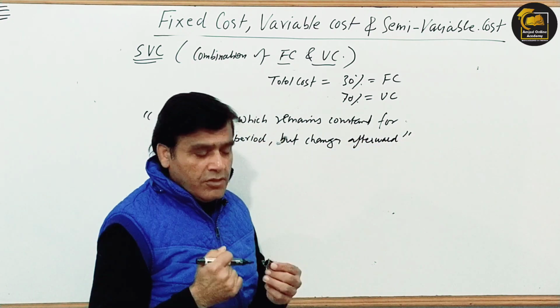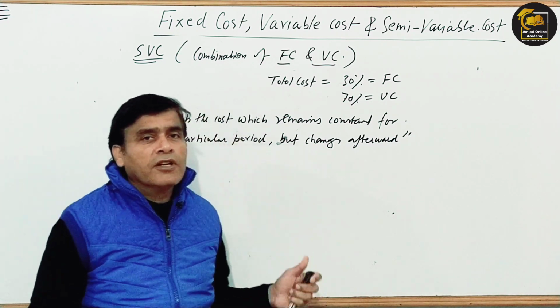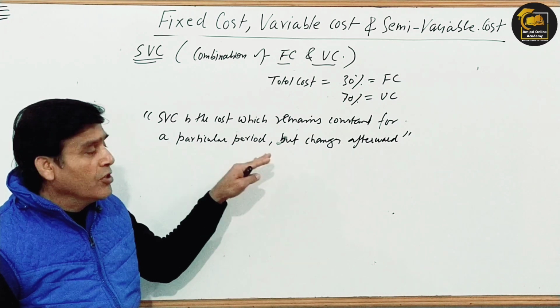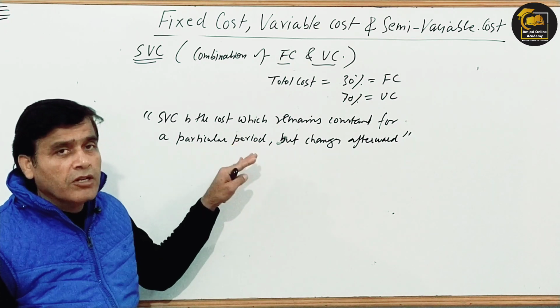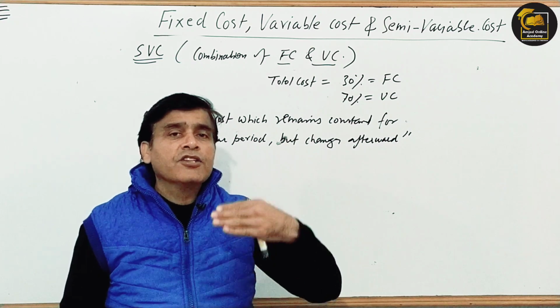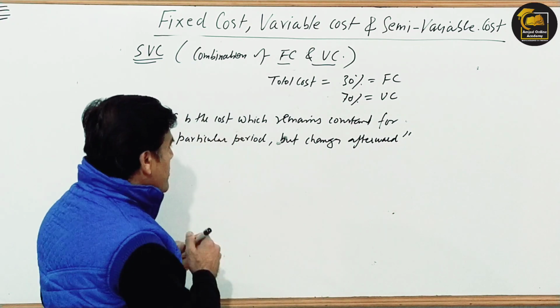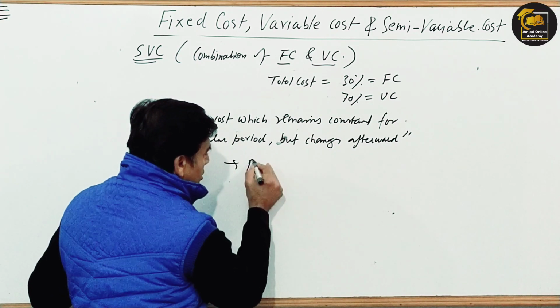So coming to the definition of semi-variable cost: the cost which remains constant for a particular period of time but starts changing after that particular period of time is known as semi-variable cost. The examples may be repair,